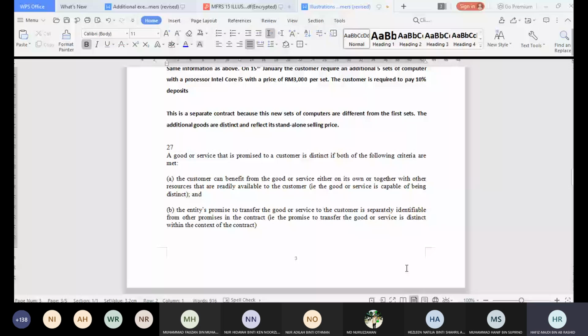But for creating a new contract, it must be an additional good. So that means, for example, a customer has already ordered 100 units. Suddenly the customer says, I want to add another 50. So first, yes, the other 50 will be distinct, because that will involve possibly